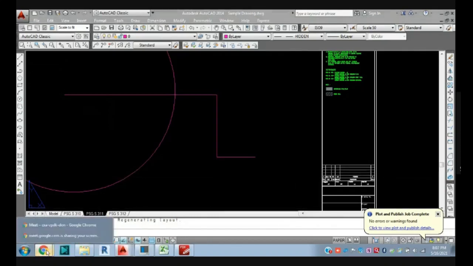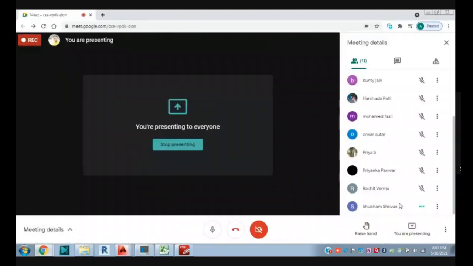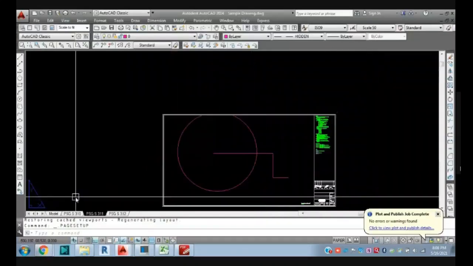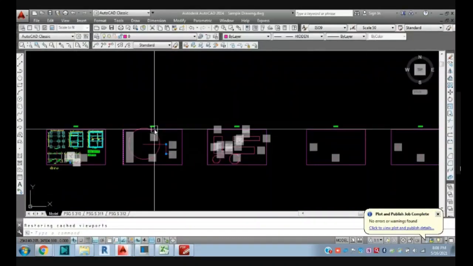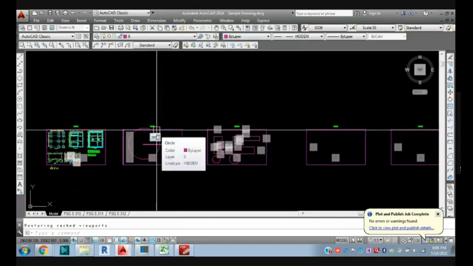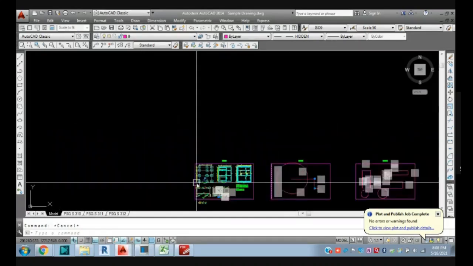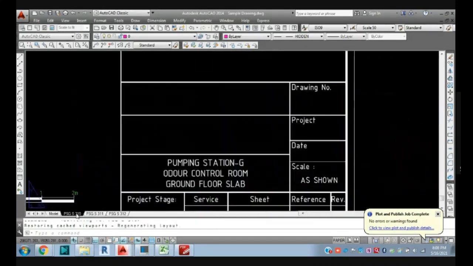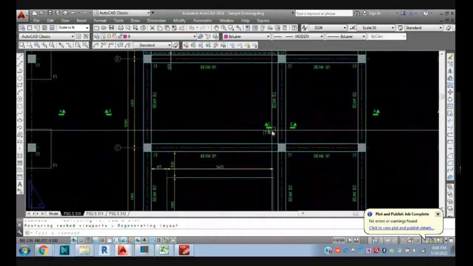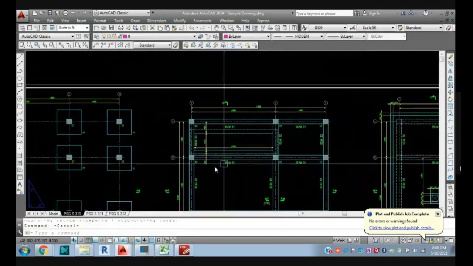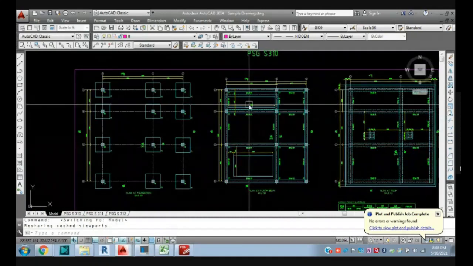Sir, I have also one question. When I draw a particular dash line in the model, and then come to the layout, the line type is not shown. When I draw a line in the model it is dashed, but when I go to the layout I am not getting the dash line, sir. Okay, I am getting your point. Here there is a hidden line in model space, but if you go to layout space it does not look like a hidden line.